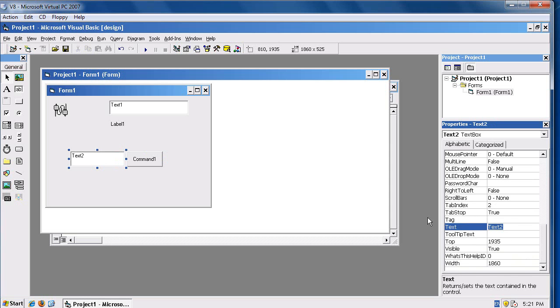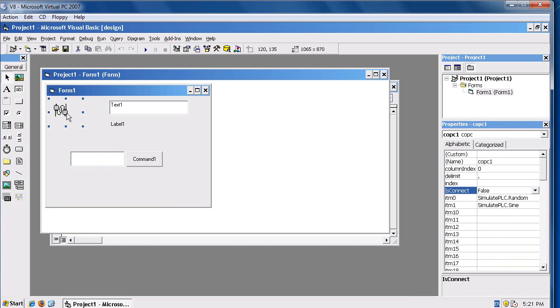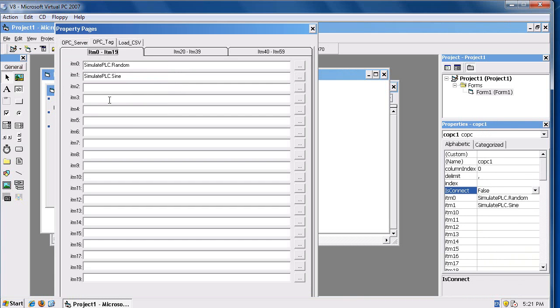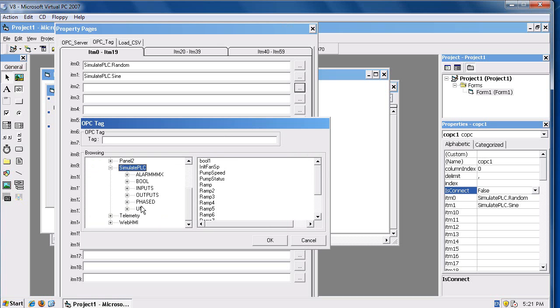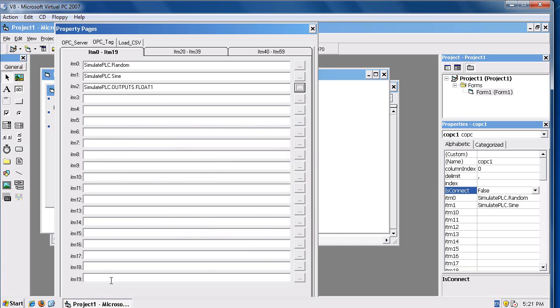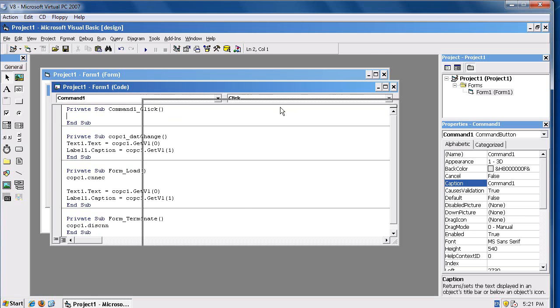I have deleted the initial text in the text box, and then I will specify one more OPC tag. I use the OPC tag that is writeable. Enter. Okay. Now double click on the command button